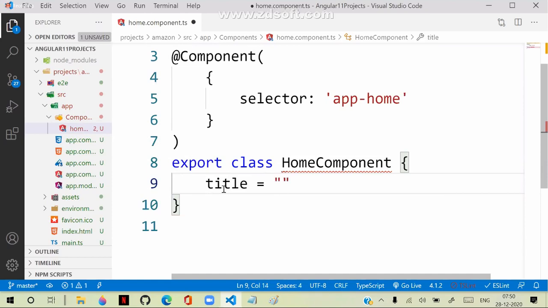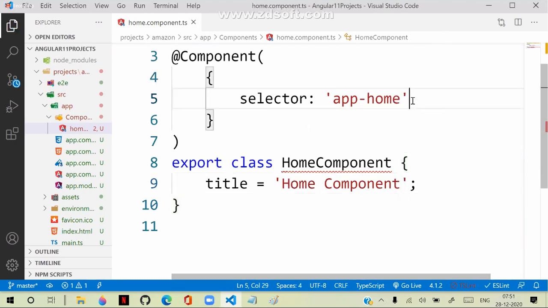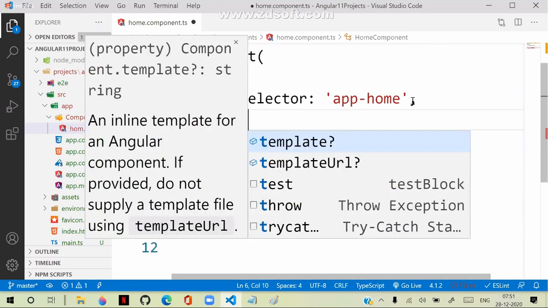And for properties also, it expects single quote or double quote depending on the requirement, that means depending on the TS file. By default, as I showed you in tsconfig, the strings are expected in single quote, then use single quote. If they are expected in double quote, use double quote. So here in single quote, I am saying home component, some title is defined. Now at the top, I have to create a presentation. Then we will use template.